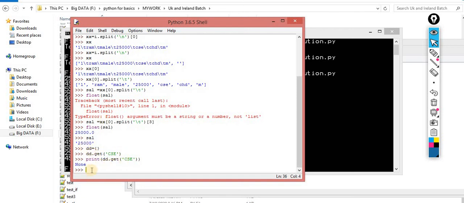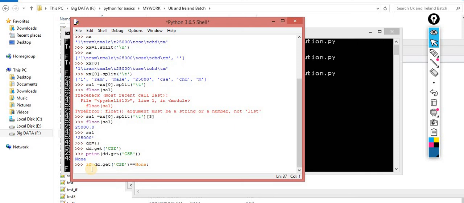If this key is not available there, then first I have to insert this key. How can I insert this key? Understand it: if dd.get double equals to None, that means the key is not available there. If it is not available there, what do you have to do? You have to first insert the key. So how can I insert the key? dd of